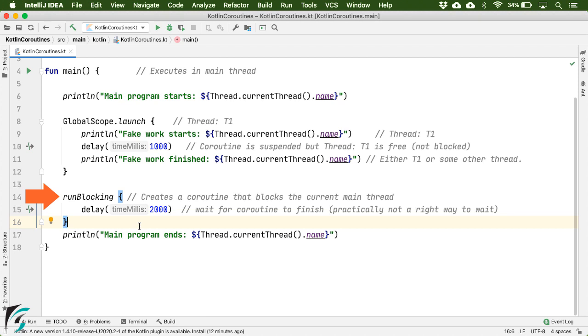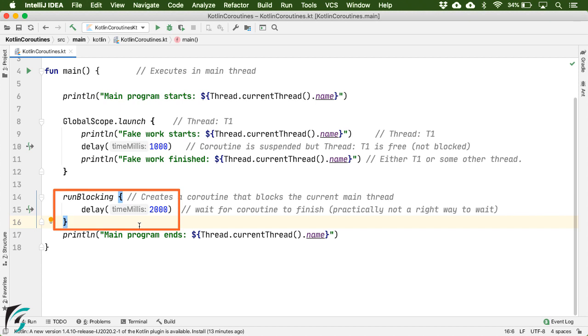So this runBlocking function, what it does, it basically creates a new coroutine, but this time the coroutine blocks the current thread, which is the main thread in our case. So when you launch a coroutine using runBlocking function, then it basically blocks the thread in which it is operating. So in our case, runBlocking is going to block the main thread. And then calling the delay function will wait for our previous coroutine to finish its task. Right? So what we were able to achieve using Thread.sleep function, we are achieving that now by using these 2 lines of code.